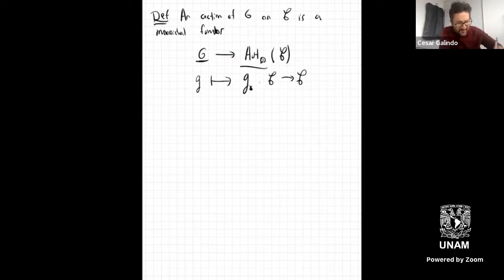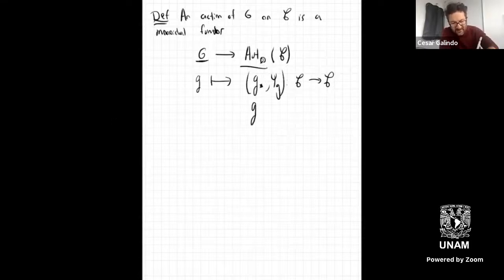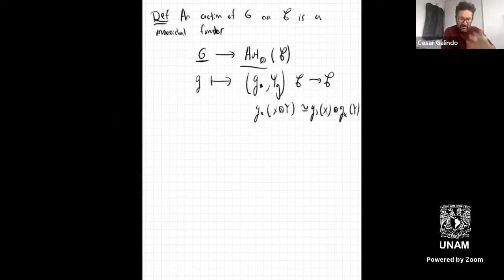And so maybe, if I want to be more detailed, you have this functor, but also you have some psi, and this psi will be a natural isomorphism between x tensor y and x tensor y. And of course, the pair has to be a tensor functor. But because I am saying that this is a monoidal functor, in addition to that, you have for every pair of elements,